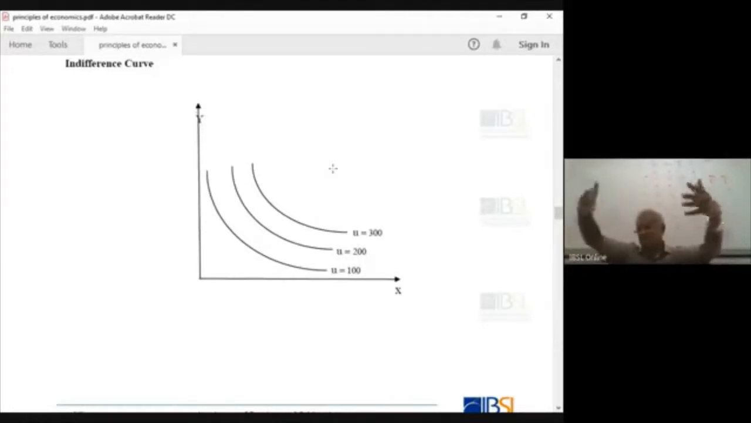You have X and Y, 100 utility. All the bundles that give 100, you draw that one, the 100 indifference curve. All the bundles that give 200 utility, take the bundles and draw the curve, right? Okay. Now,